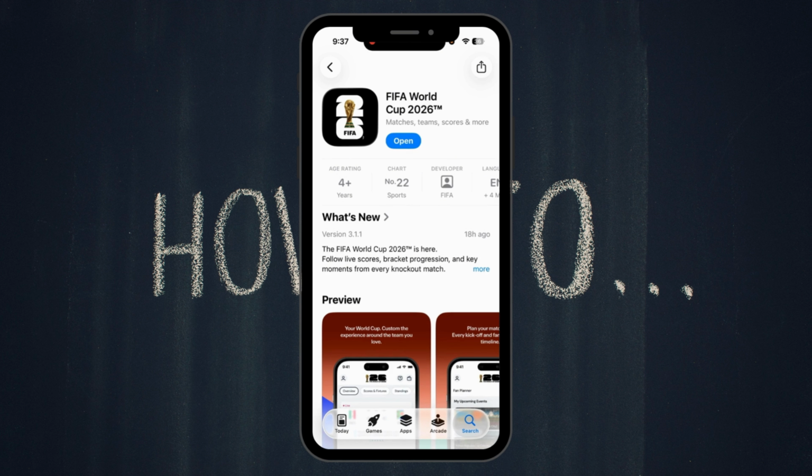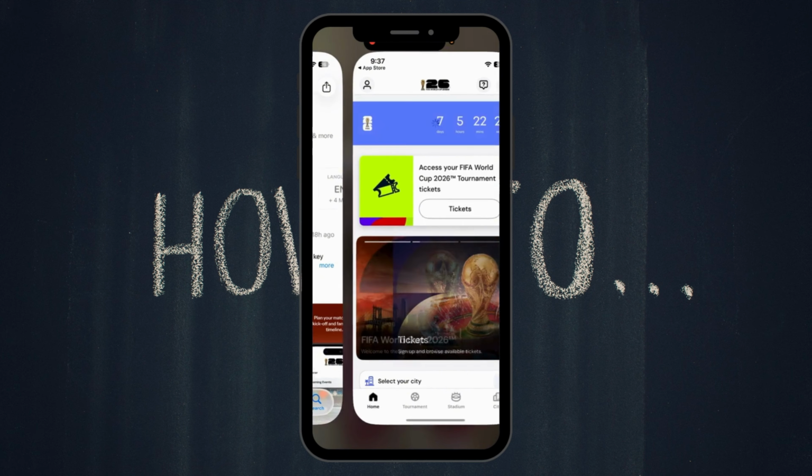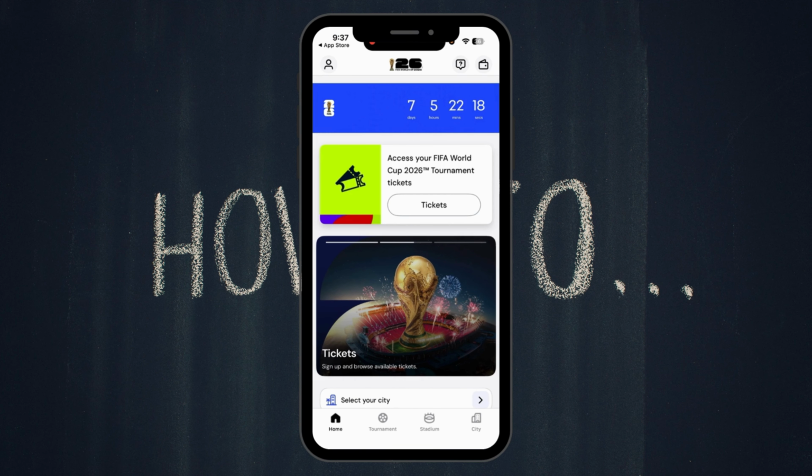Then once you do that, click on Get or the cloud icon. So it should show up in here if you haven't downloaded the app yet. So I've already downloaded the app, so it says here open. So once you've installed the app, click on open to launch the app, then sign in or sign up